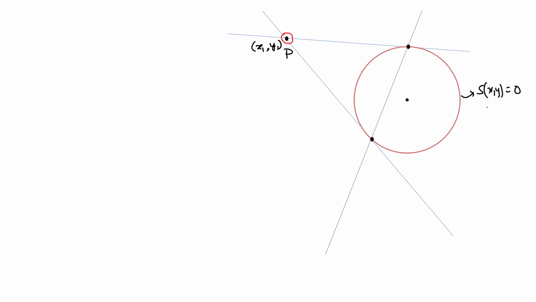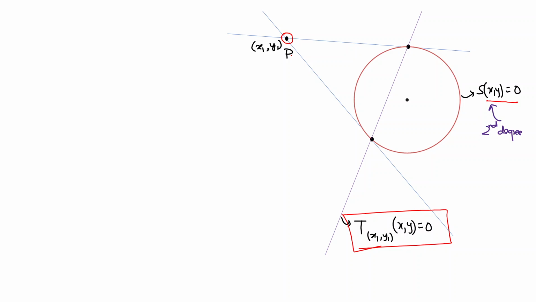Okay, now we will be focusing on the equation of the pair of tangents, which we haven't got yet. So this is a point P, this is a circle, S x y is equal to 0, and this chord of contact will have this equation T written according to point x1 y1. But how do we get the equation of the pair of tangents? You see that the equation of the circle is of second degree. The equation of this chord of contact is of first degree. And if I conceive,